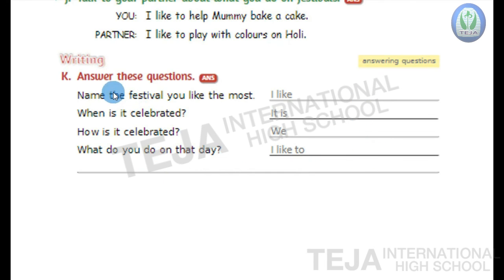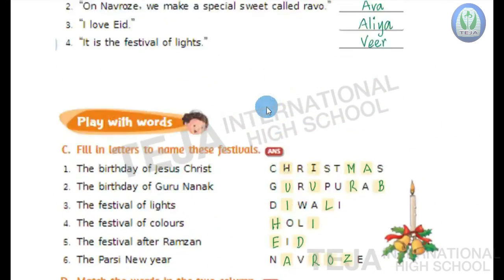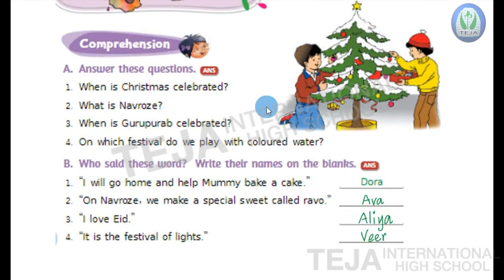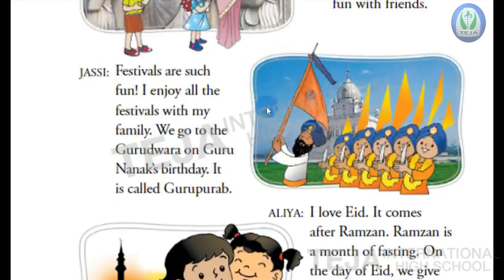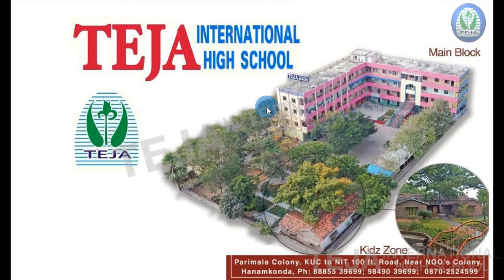Okay, children. Bit K is homework. You write about your favorite festival and how do you celebrate, when do you celebrate it. Okay? Now with this we have completed all the bits of lesson 7. Only question and answers is left over. In tomorrow's session, we'll pick out the hard words from the text as well as we'll note down the question and answers in the classwork. Okay, children? Now coming to today's homework, complete all the bits of lesson 7 in your textbook. Learn and write bits of lesson 7, Festivals are Fun, in your textbook. Okay, children?